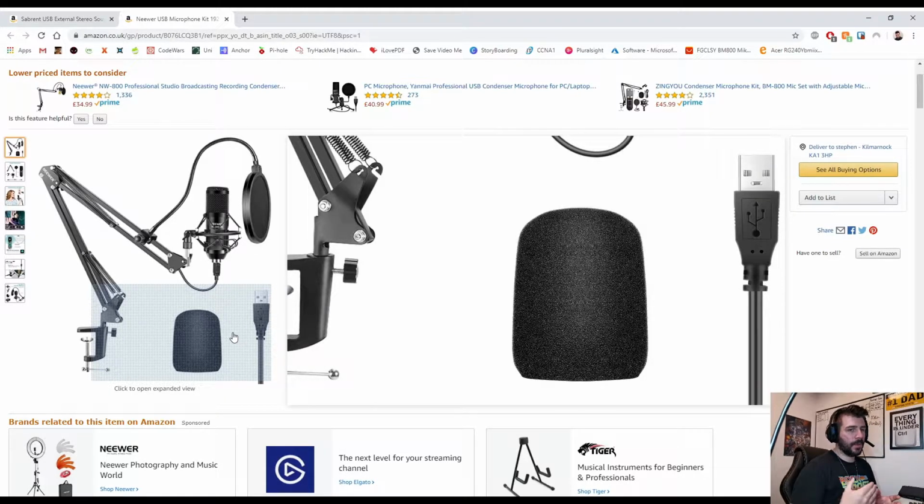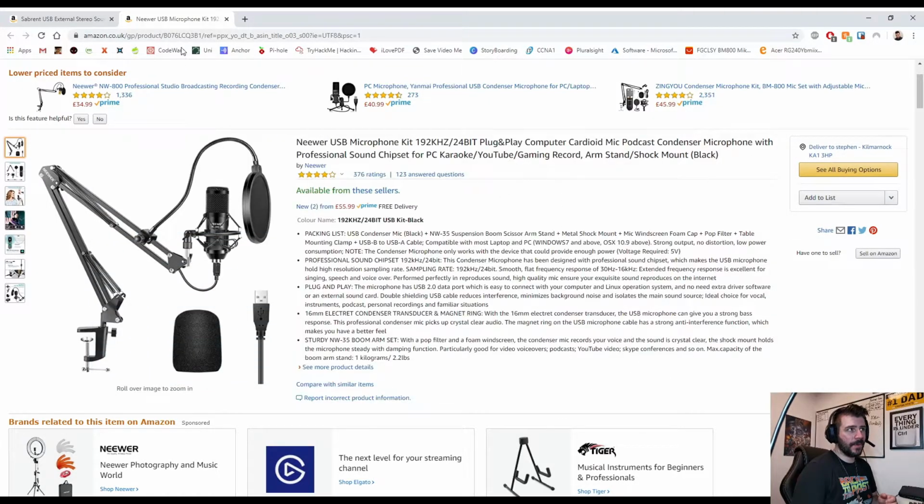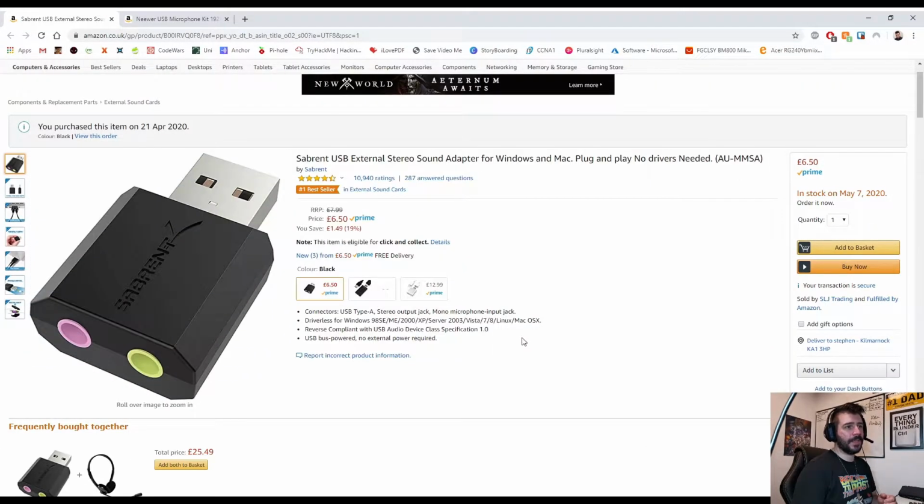Mine, unfortunately, with the 3.5mm jack, wasn't enough to provide a lot of power to the microphone without me having to crank the gain on it just to get a decent volume out of it. The problem with that then became a lot of noise in the background, a lot of hissing. So to get around that, what I did was I purchased one of these. This is a Sabrent USB stereo sound adapter, and that cut a good amount of hiss and